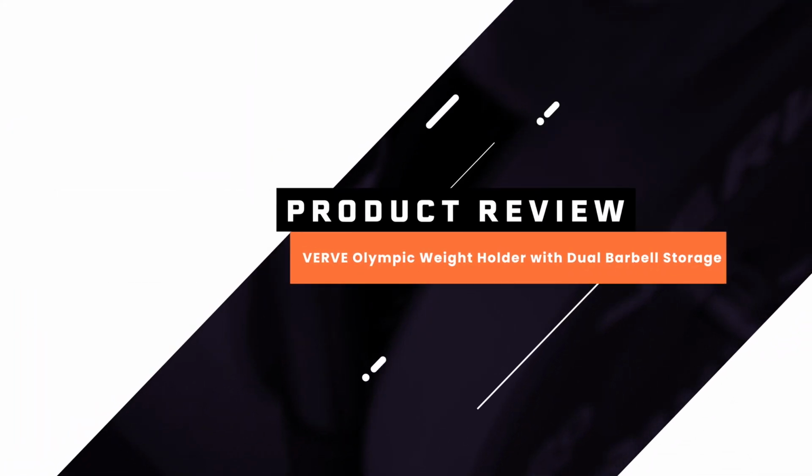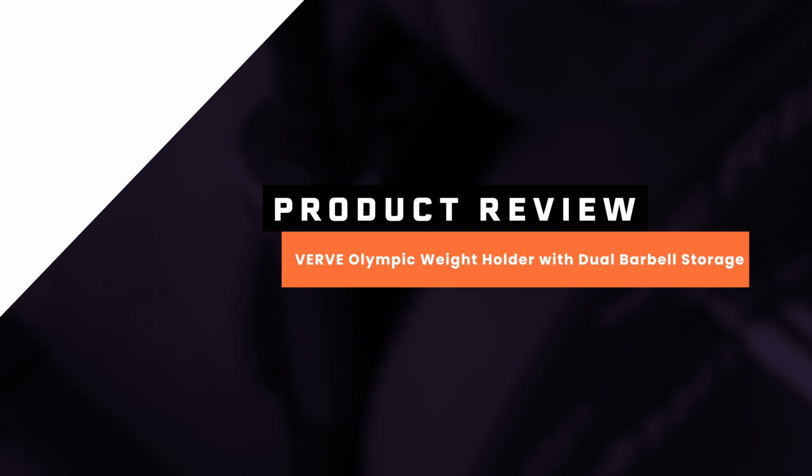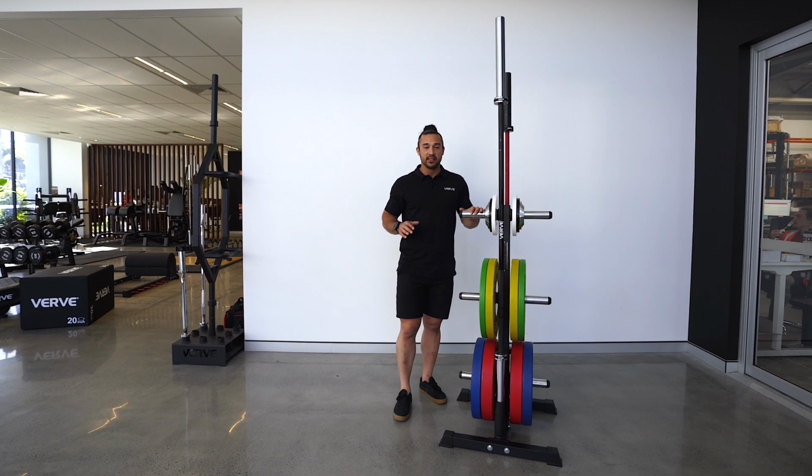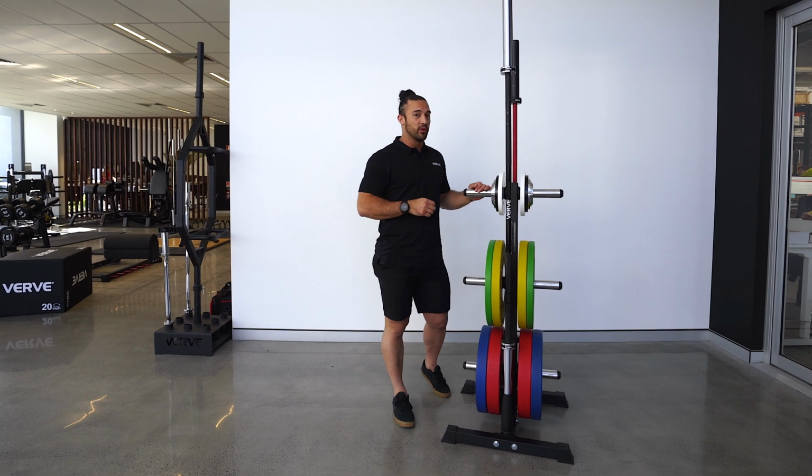Hey team, we're really excited to go over a few details in regards to our VERVE Olympic weight holder with dual barbell storage. This item just arrived, we put it together. As you guys can see here, it's a solid piece of equipment. It's made for a commercial facility, but also a great piece of equipment for you to have at your home